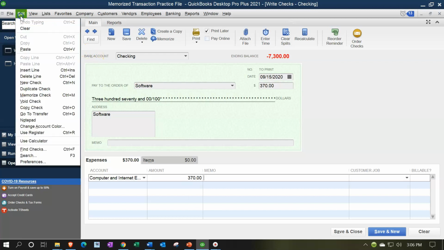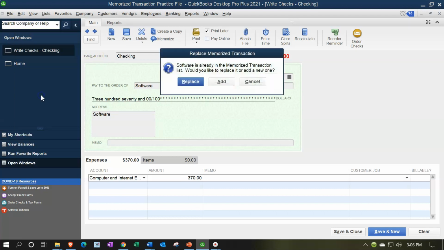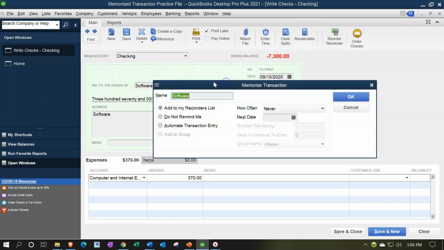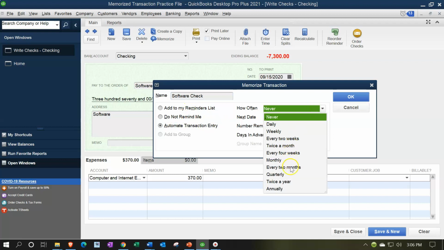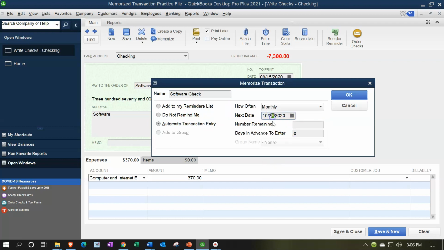I'm going to go to the Edit dropdown. We're going to go to Memorize the Check. I don't want to replace it. I want to add a new one, and I'm going to say software, but this is a check to memorize. And then I want to say do this automatically and do this monthly. Next one on